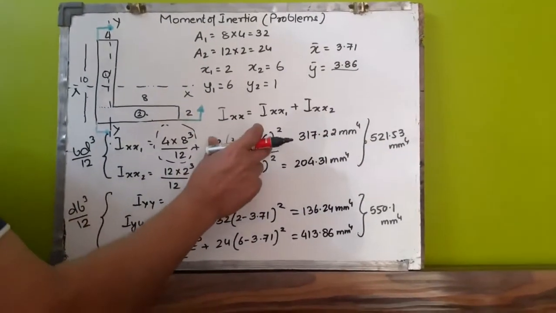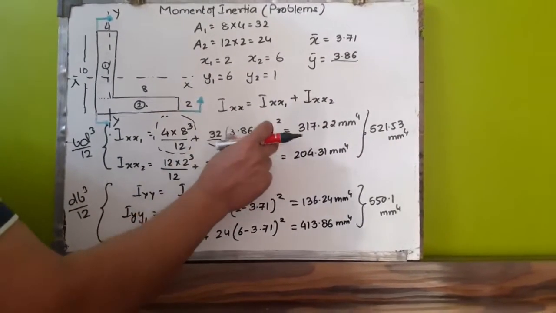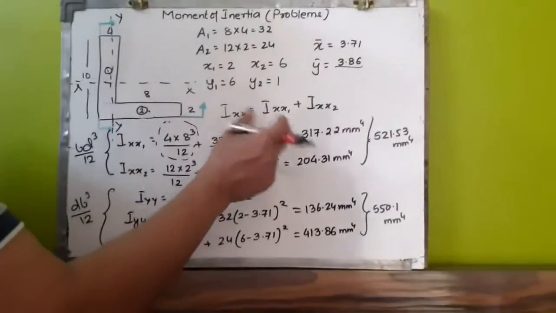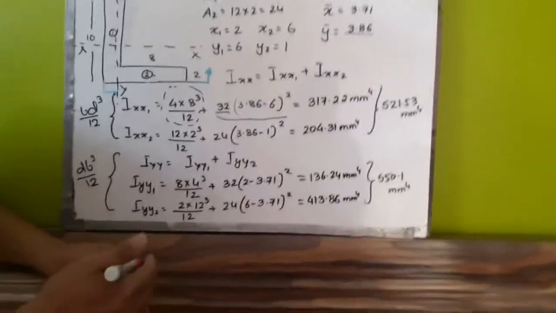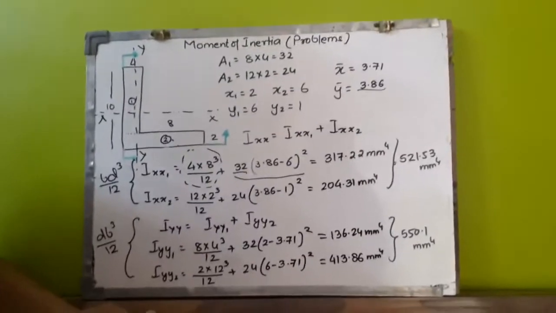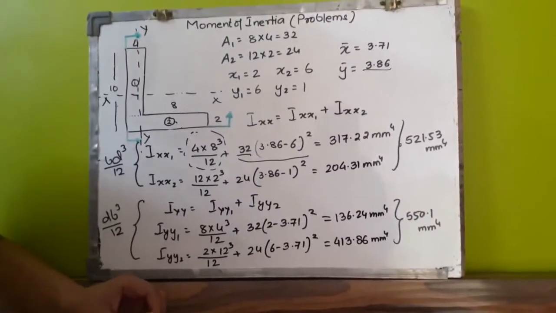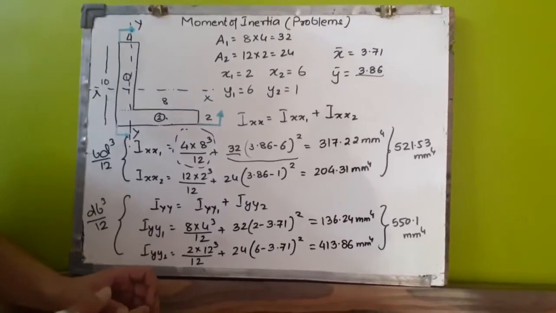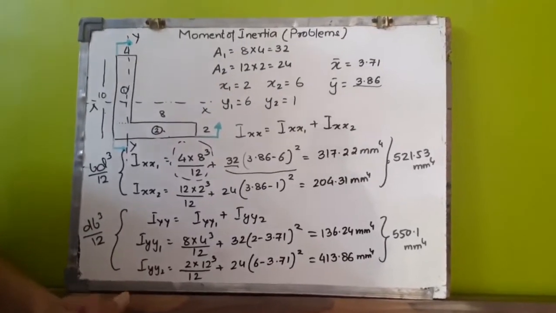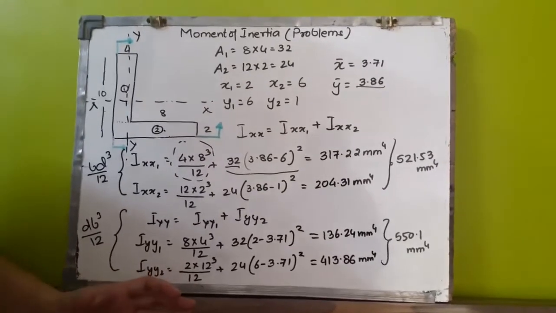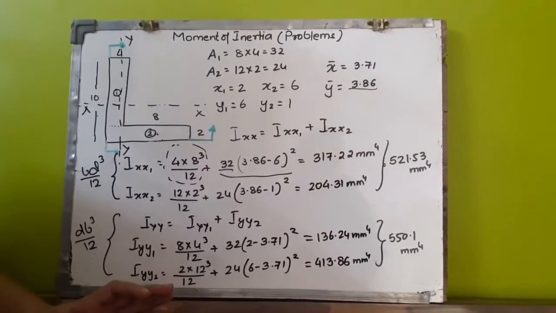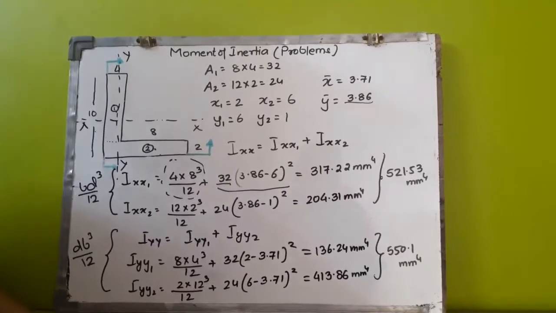This term is A h square. A cannot be negative, h square. H can be negative, but h square cannot be negative. So the entire process will involve only positive values. Moment of inertia cannot be negative about any reference frame, whether you take it about the positive x-axis, negative x-axis, you do whatsoever method you want, but ultimately the values will never turn out to be negative.